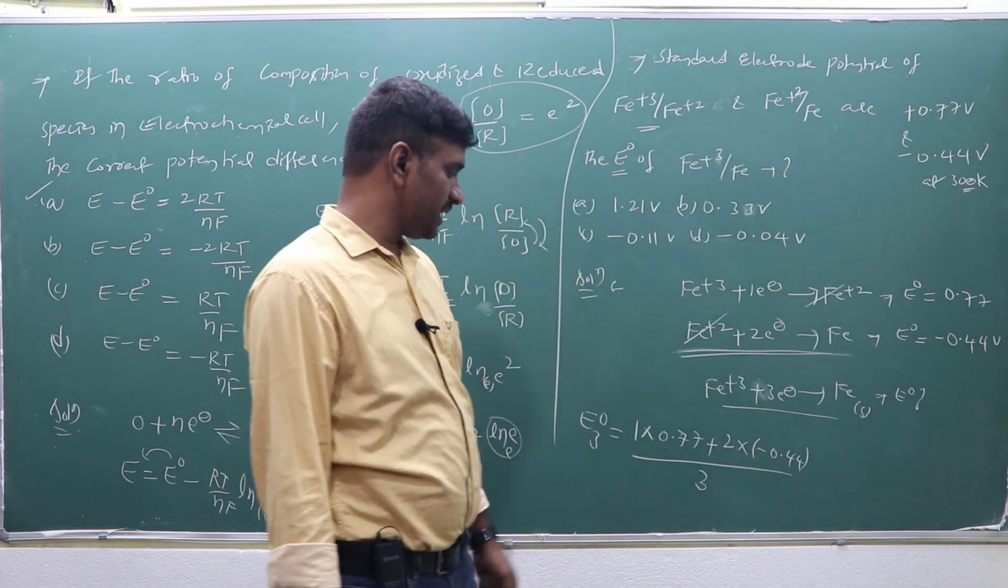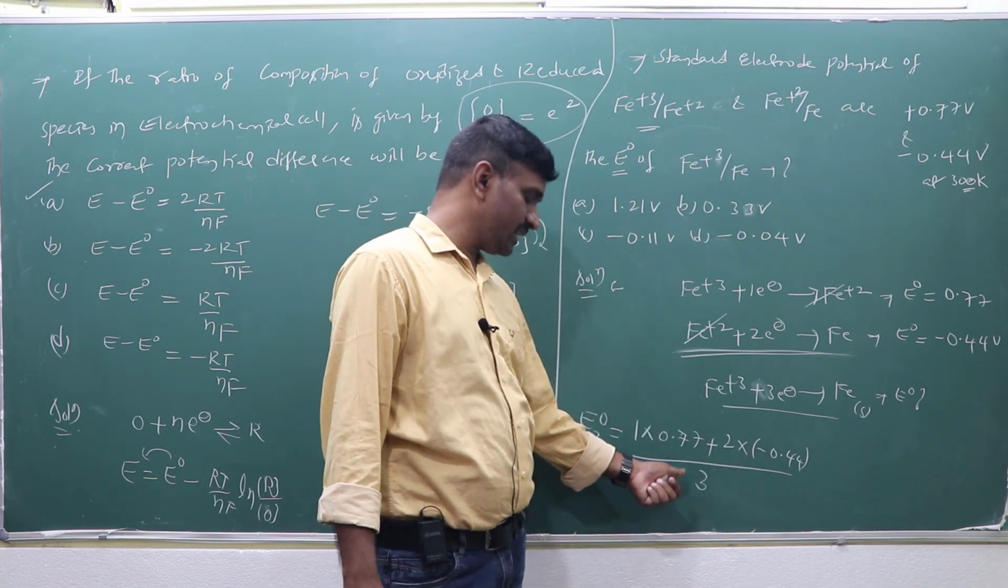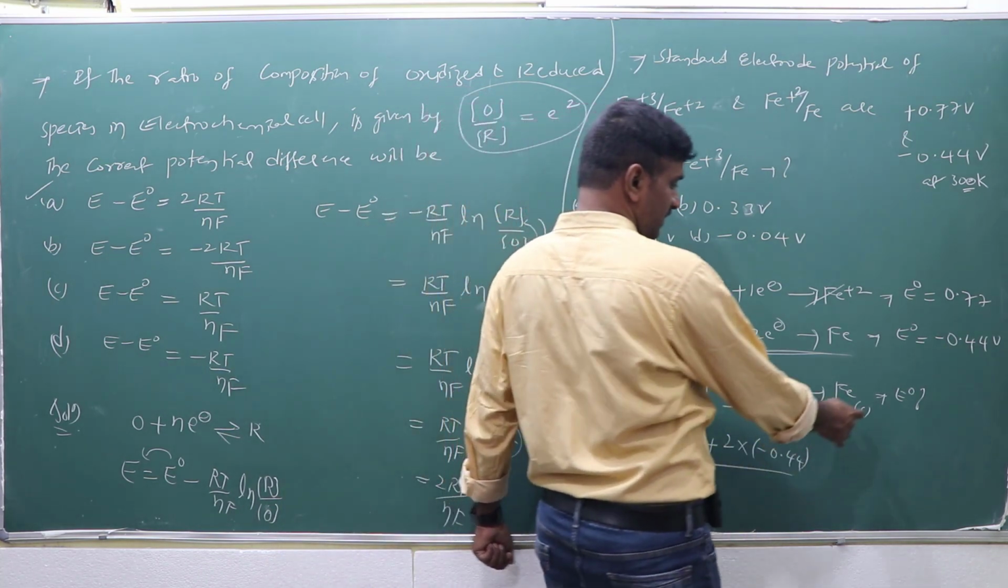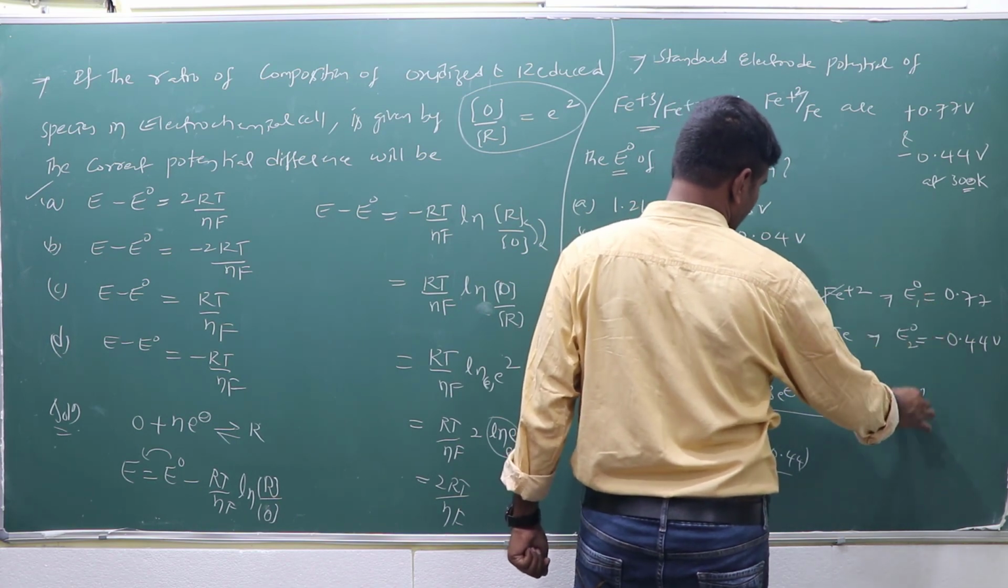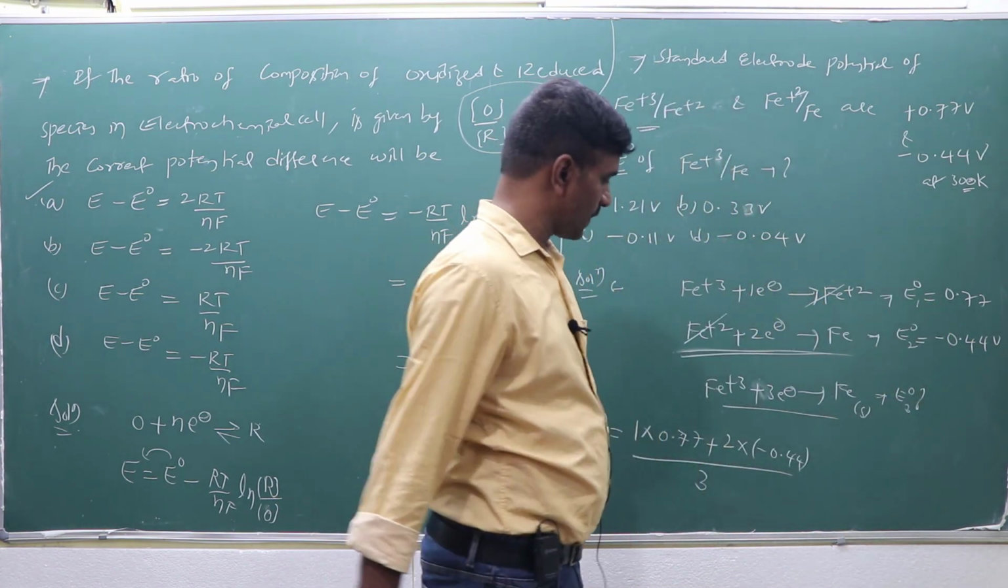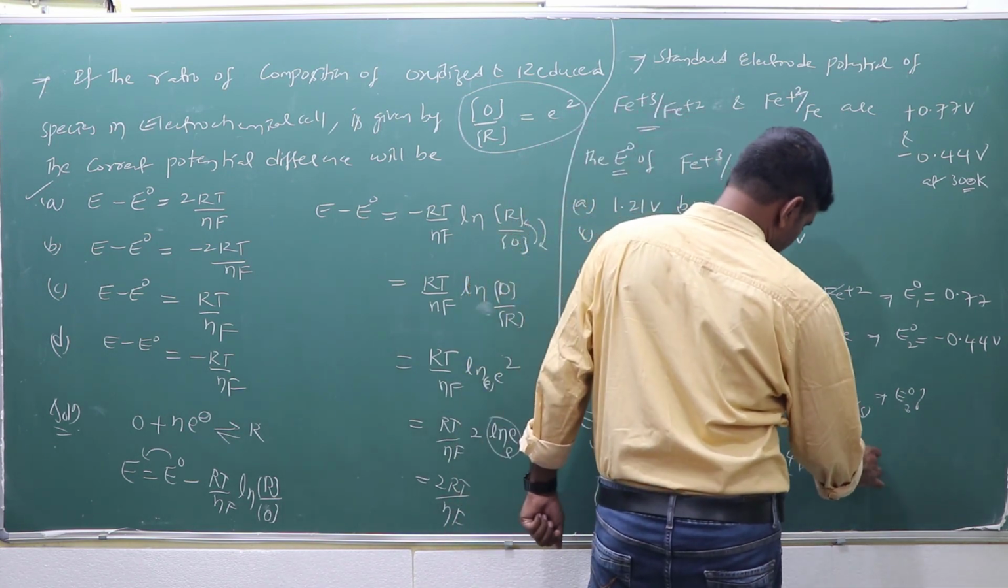Which formula can you apply? N1 E1 naught plus N2 E2 naught divided by N3, for the calculation of E3 naught. Suppose this one is E1 naught, this is E2 naught, and this is E3 naught. How much is it? You may imagine it like that. So how much? 0.77